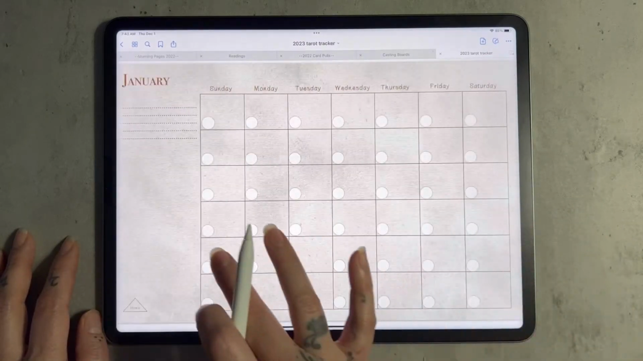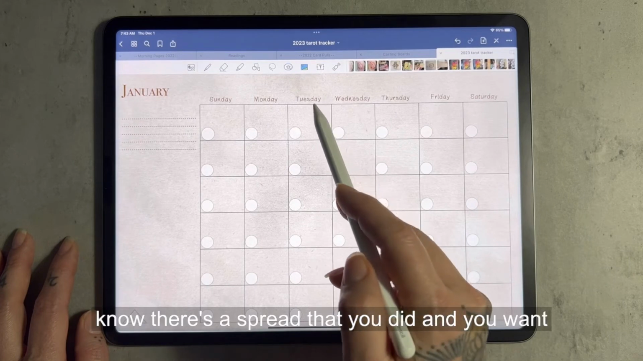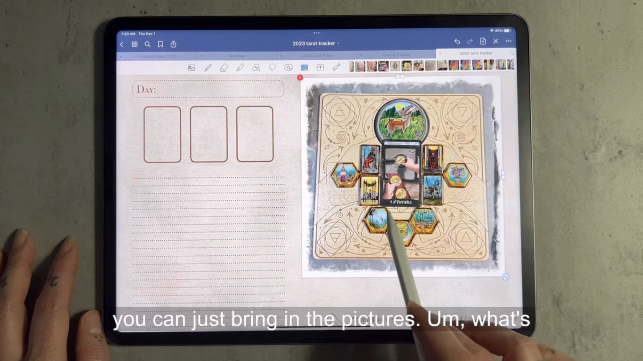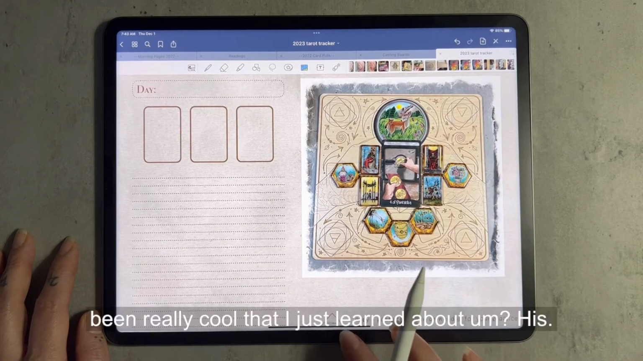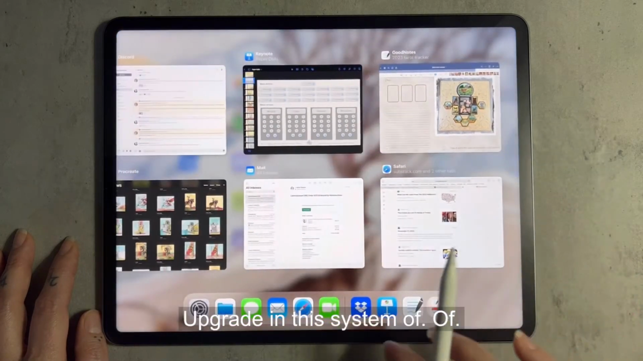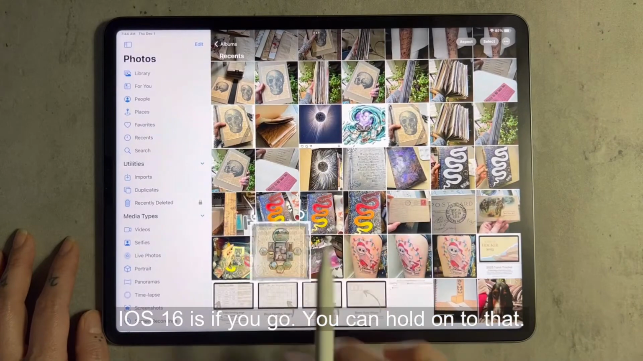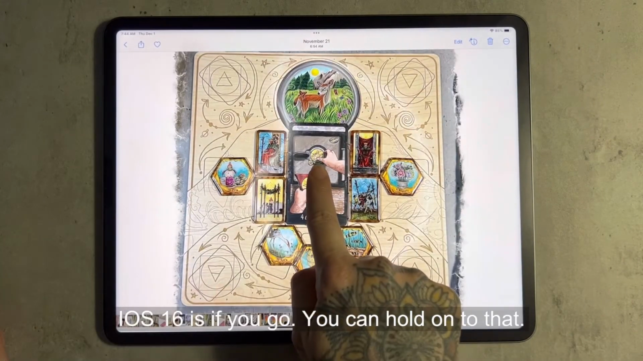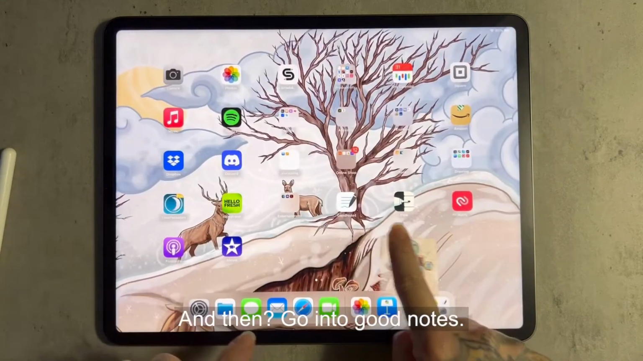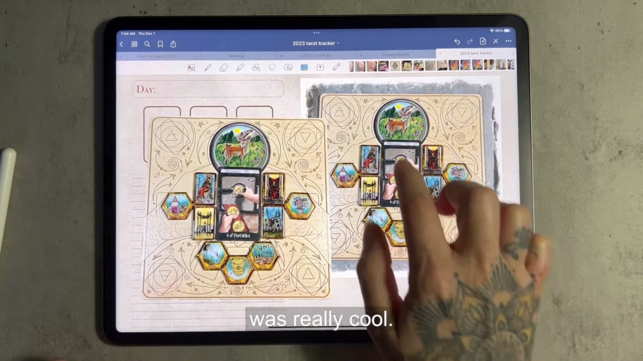tarot tracking. If you want to bring in pictures, like say there's a spread that you did and you want to write some notes about it, like this day you did it and this was that, you can just bring in the pictures. What's been really cool that I just learned about in the iOS 16 upgrade is you can hold on to that and then go into Good Notes, and it adds it without the border, which I thought was really cool,